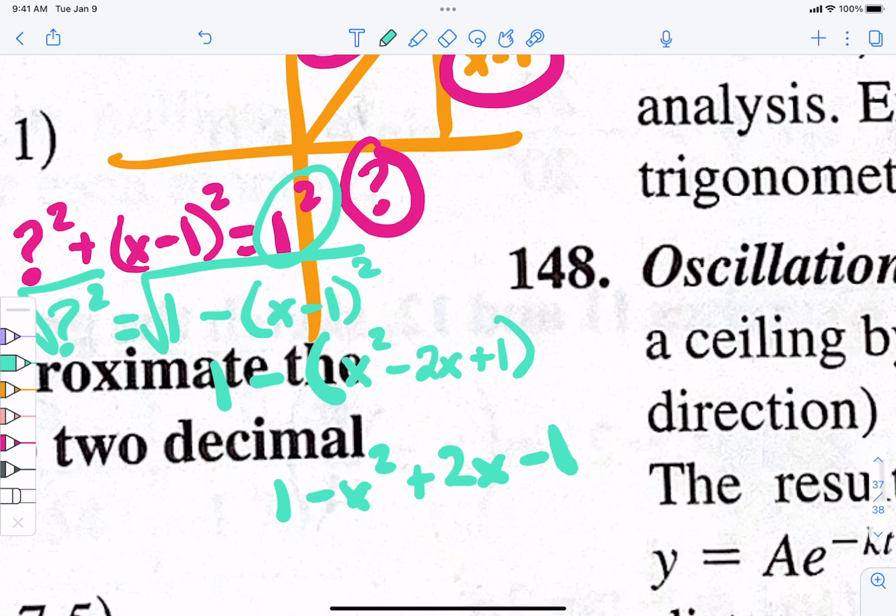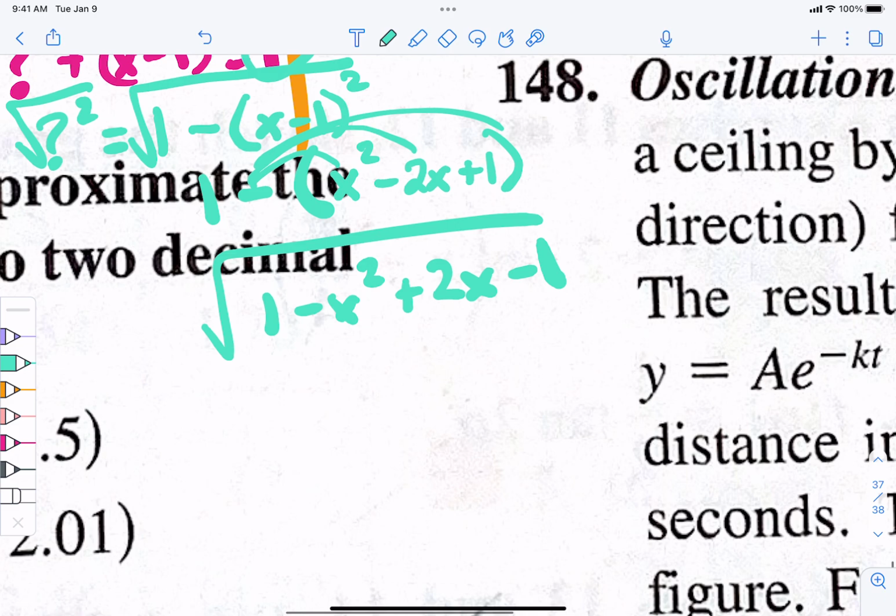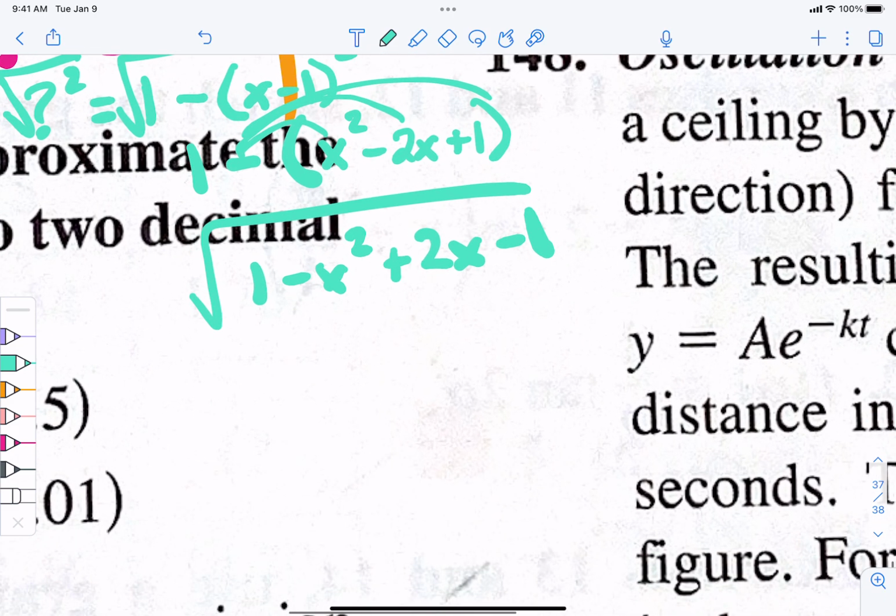But don't you distribute that through, and we have to take the square root. Why'd you have a minus 1? Oh, just kidding. Distribute the negative. Hold on, wait a second. There's one more. Square root of